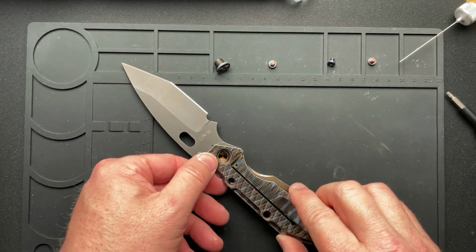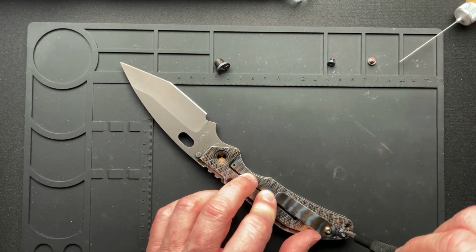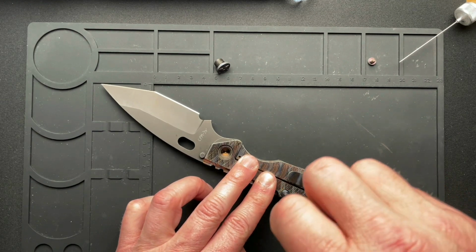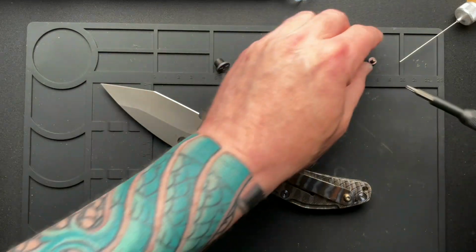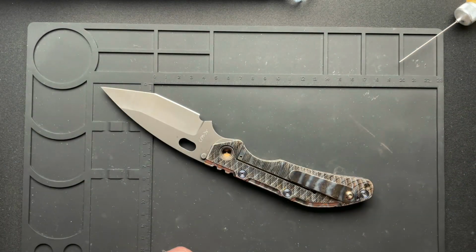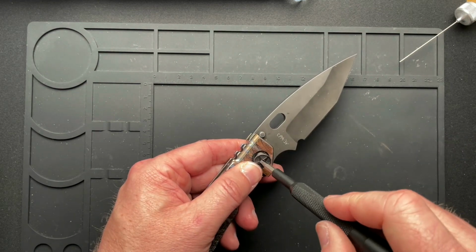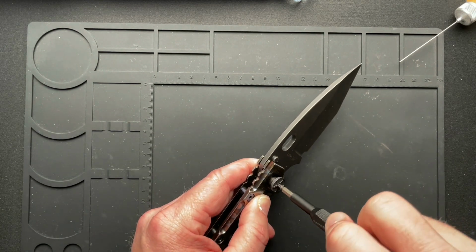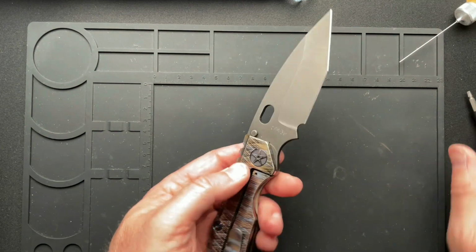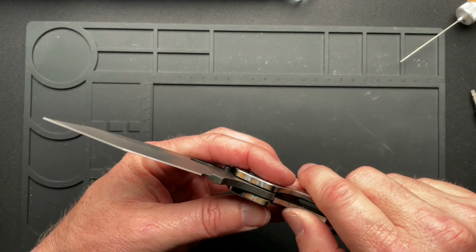Okay, I think that moved it over pretty good that time. So hopefully that will be enough. And yeah, doing it with the blade open is going to be easier because you're not fighting the pressure of the lock if the blade was closed. Oops. And yes, try not to drop anything on the floor and be careful because sometimes springs go flying. Depending on what type of a knife you're taking apart, there could be some little pieces that might go for a ride across the room. And you don't want to tighten the pivot too tight or else the blade won't move. There you go. Now it is solid